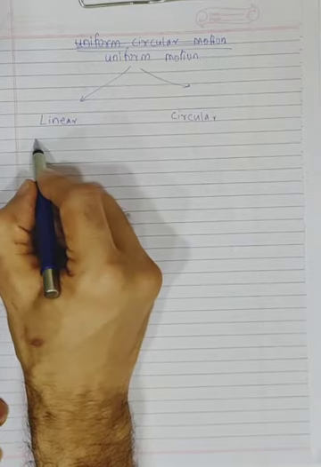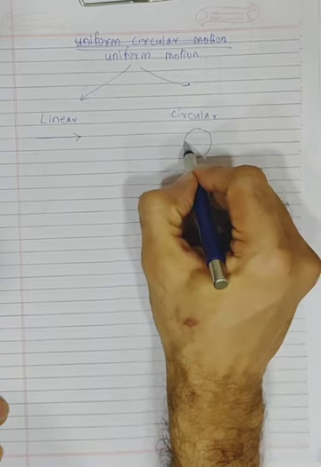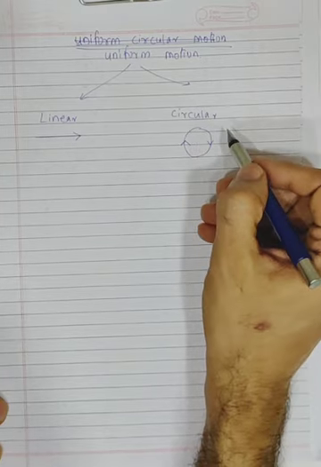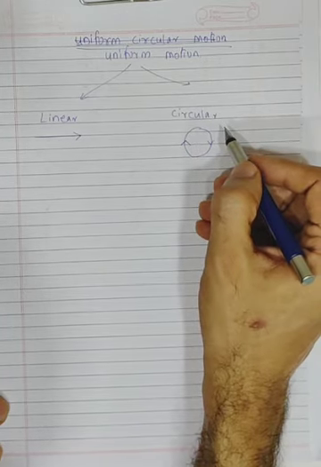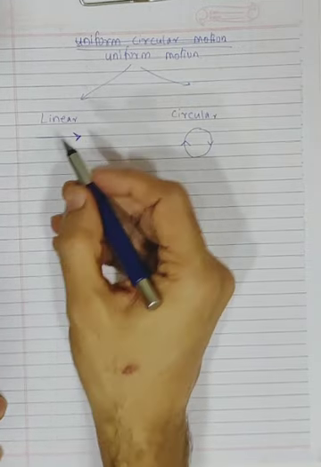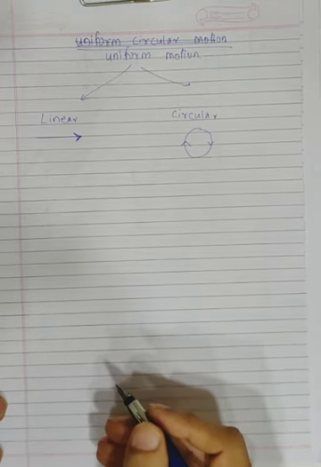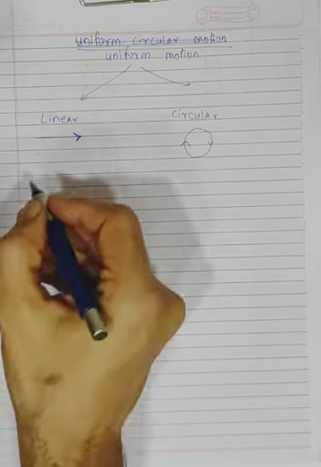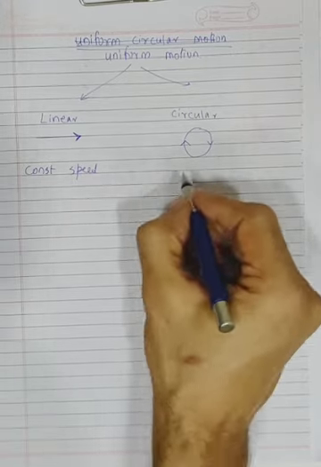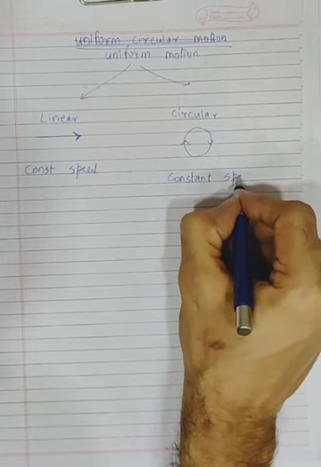What do you mean by linear motion? First of all, in a linear motion, our body will move in a straight line. In a circular motion, our body will keep on spinning. Correct? Like the motion of the earth around the sun, motion of the moon around the earth. They will be circular motion. Linear motion, for example, when the light rays are reaching from sun to earth, they travel in a straight line. So that's like a linear motion. Now in a uniform motion, these bodies are going to travel with a constant speed. Even this one will travel with what? Constant speed when it is in uniform circular motion.